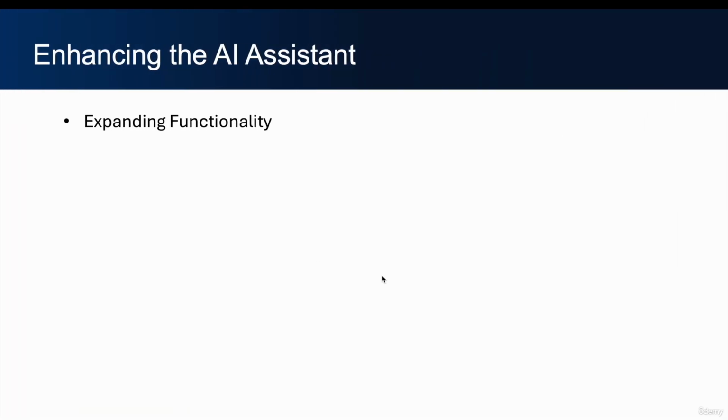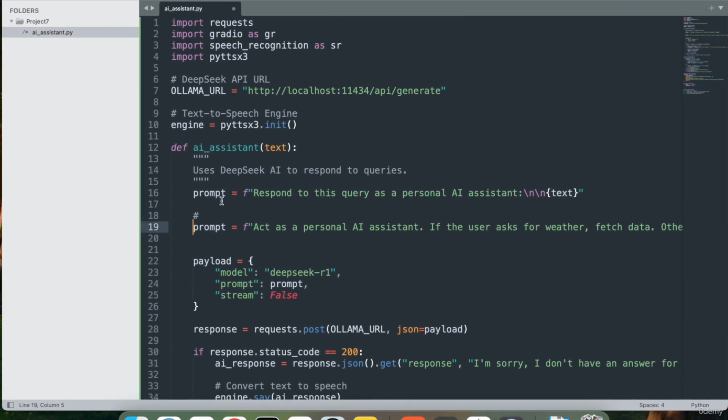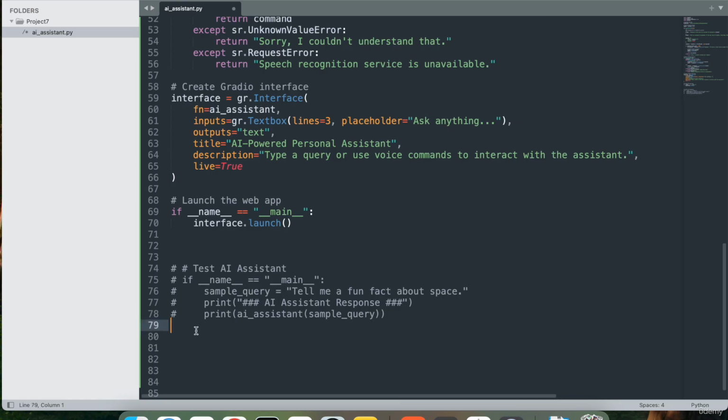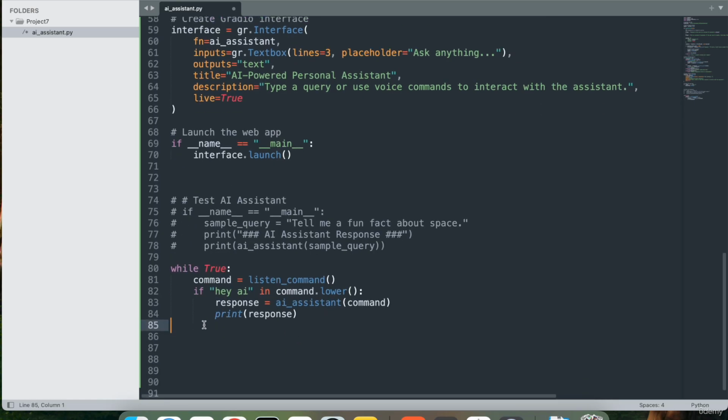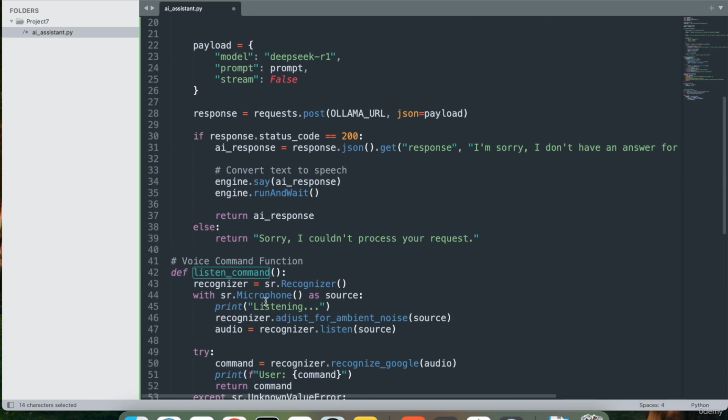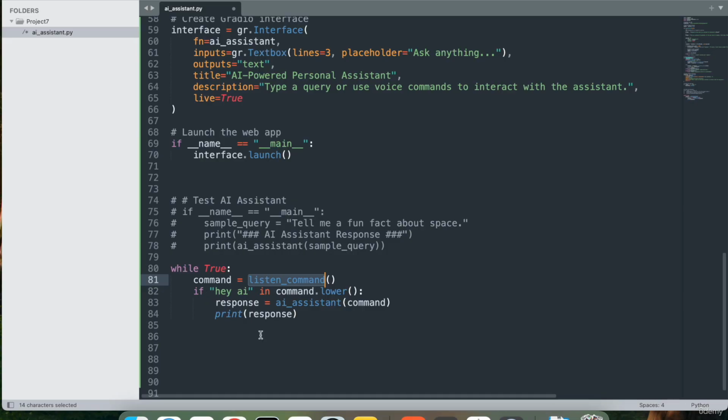Next thing that you can do is voice control with wake words. To activate the assistant with a wake word, you can say, "Hey AI," and it continuously listens to the commands and gives responses. So I can write a small snippet here, something like this, where it will say while true, which means this application is constantly running. Command is equal to listen command, so this will call this function to listen,